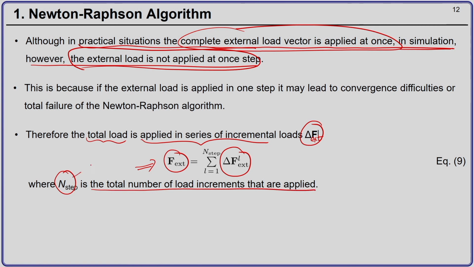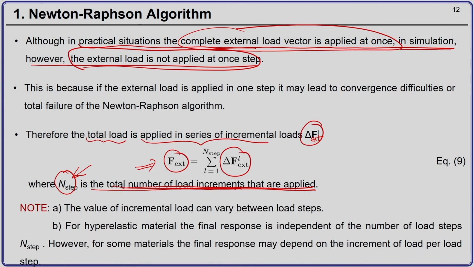So, the smaller the value of n step, probably you will have more convergence difficulties. The more the total number of load increments you take, the faster will be the convergence of Newton-Raphson method, but there is a trade off, because if you are using full Newton-Raphson method, as will be discussed next, you will have more computational effort going into each load step. Okay. So, there has to be a balance between the total number of load increments that you require and the time it takes to compute the tangent matrix in each load step.